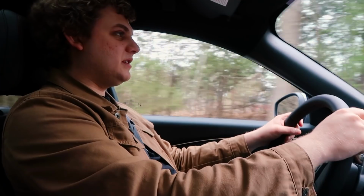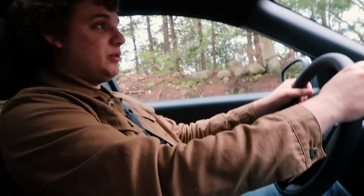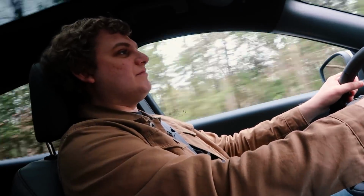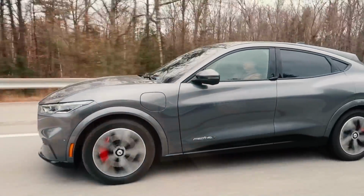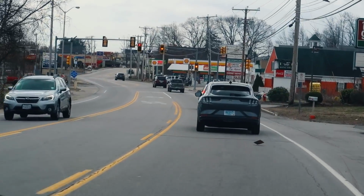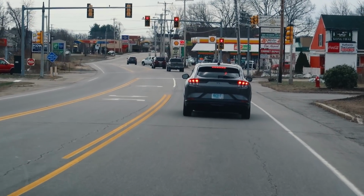All right, so in wrapping up here, let's touch on some things. Let's talk about braking. So I really like the regen. I thought that it was plenty strong. I like me a car with some good regen. I like feeling like I'm getting the energy back. The brake blending was a little funky. So if the regen isn't enough or you just don't trust it and you want a little bit faster deceleration, the brakes really kick in. You're like,